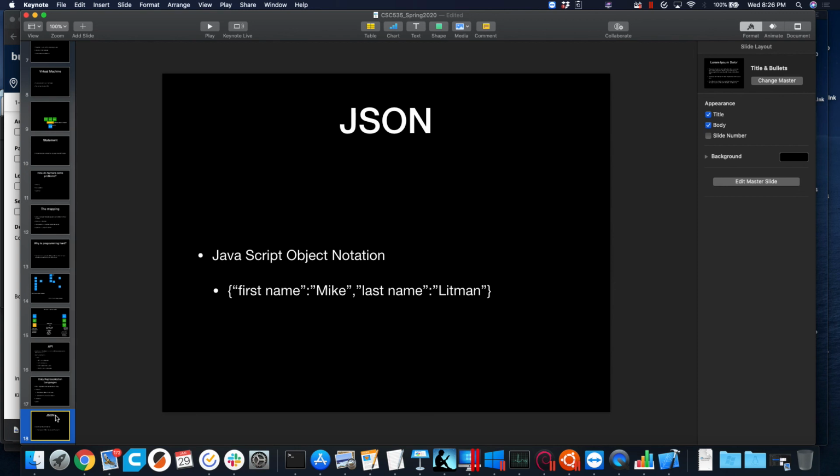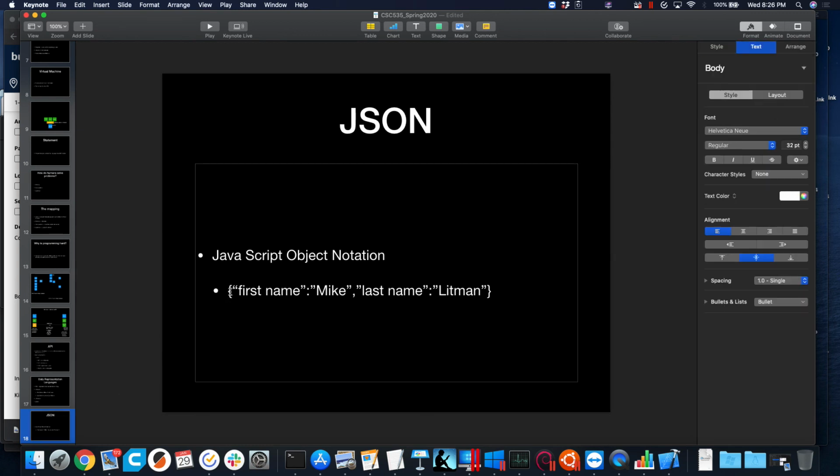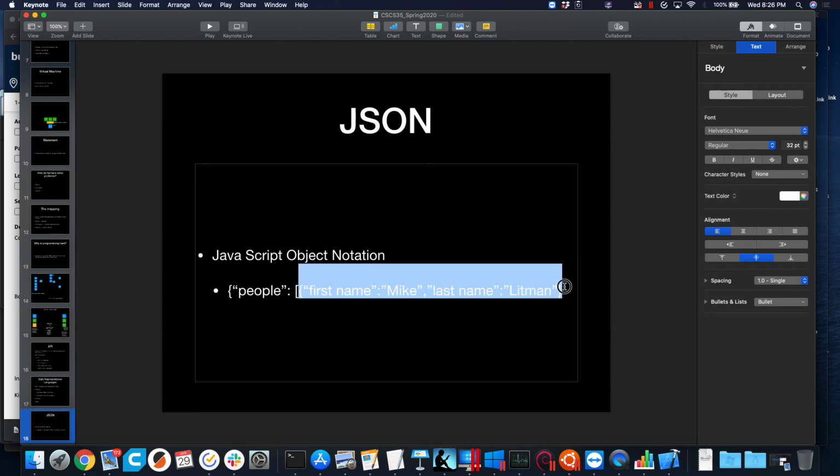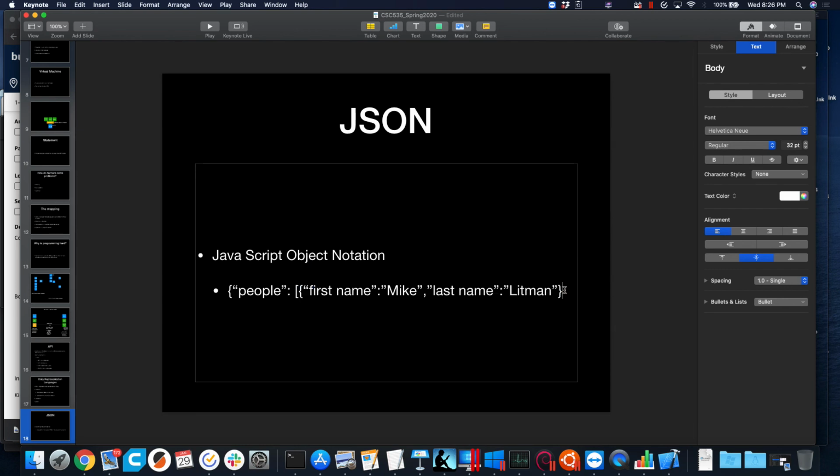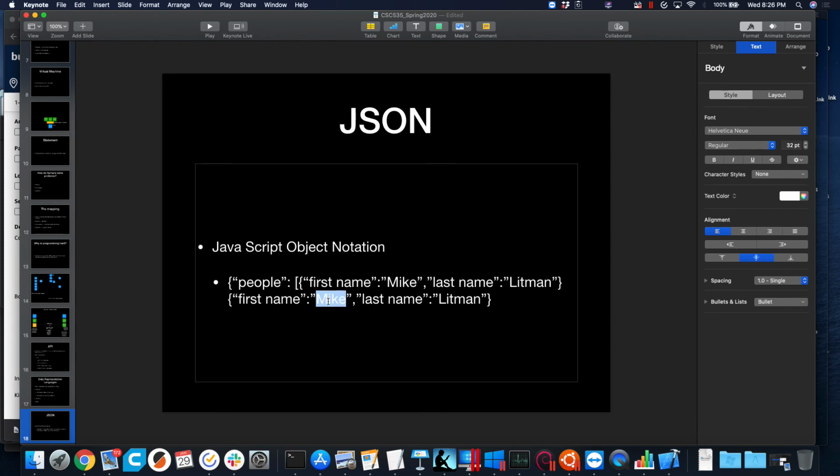JSON was sitting right there and said, you know what? With JSON, I can have collections of people. So here is data. A JSON object always starts with an opening curly brace. So we're going to say we have a value called people, all right? And people is going to be a collection. And here's my first person. Here's my second person. I'll make him my brother. I do have a brother named Dave, so it's not made up. All right. Then I'll close my collection.